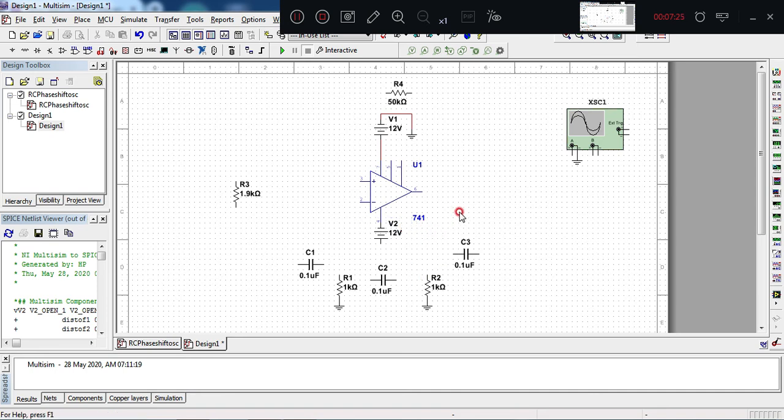We need one more ground connection, so I can copy it from here. Escape. So the power supply connections we have given.